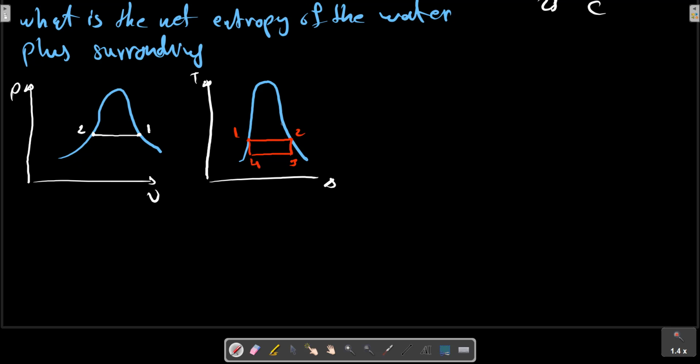The temperature is, and the temperature of the